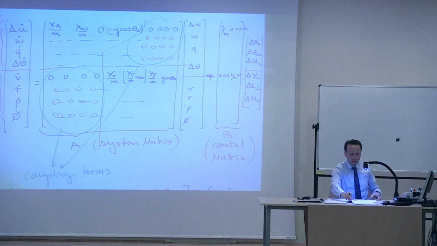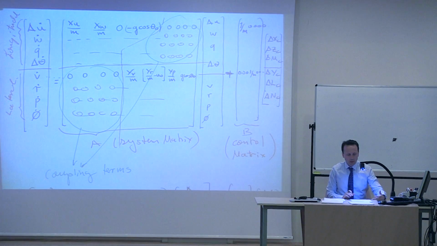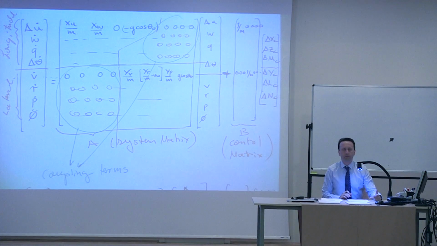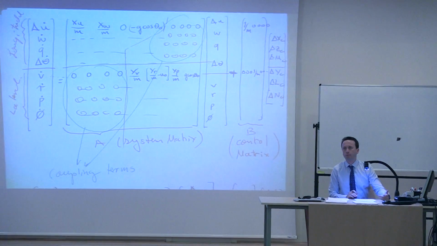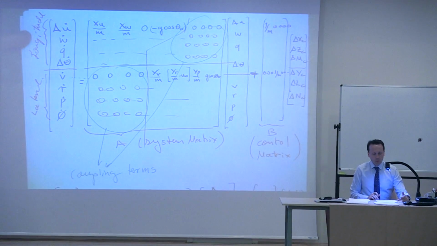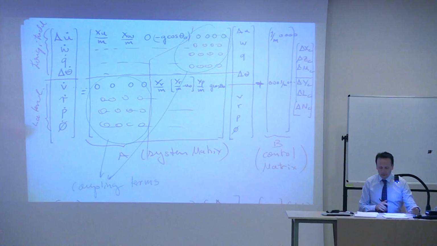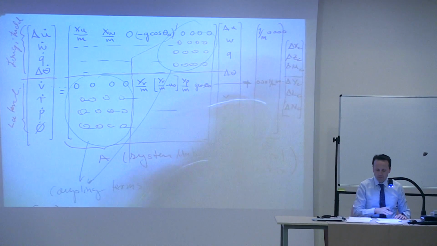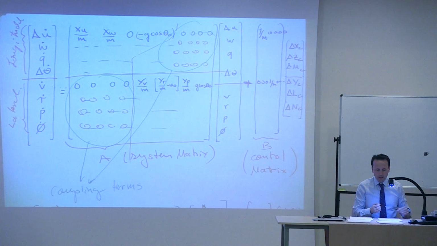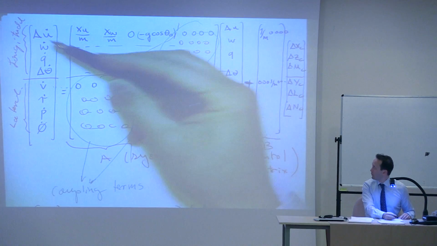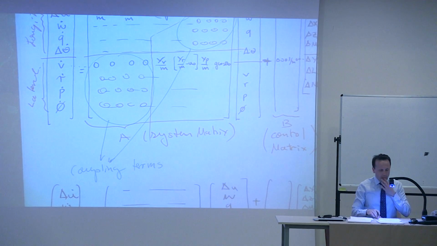So last week we basically obtained a linearized version of the 6 degree of freedom equations of motion, right? So we basically obtained an A matrix. It looked like this. It's kind of confusing now. We did a lot of work here. And a control matrix. So if you would consider this to be the states of the aircraft, what we really